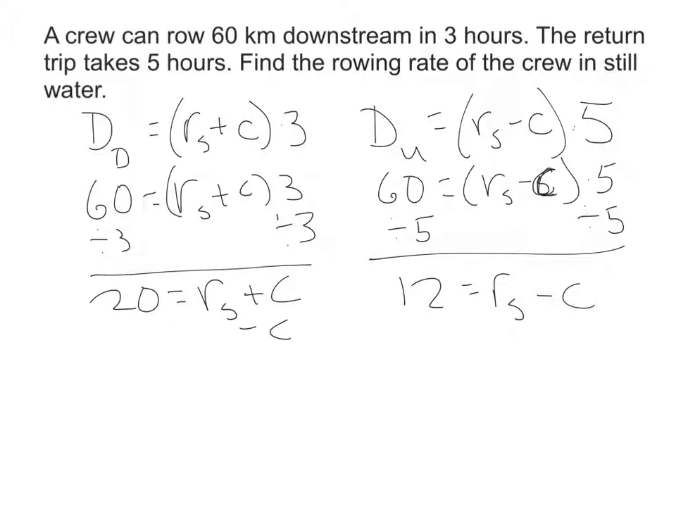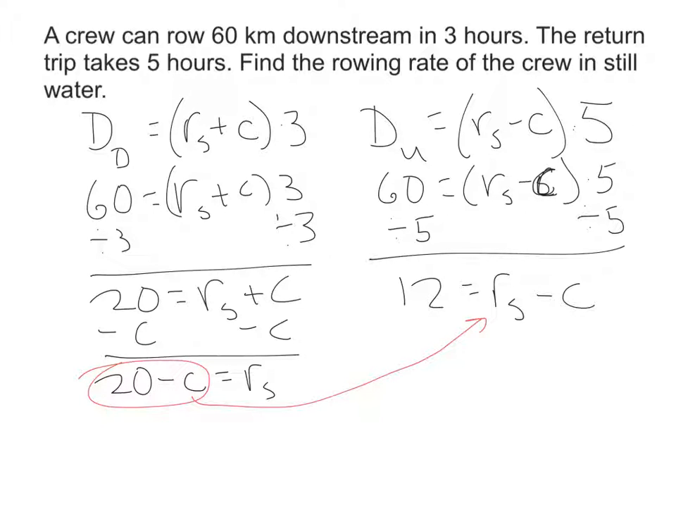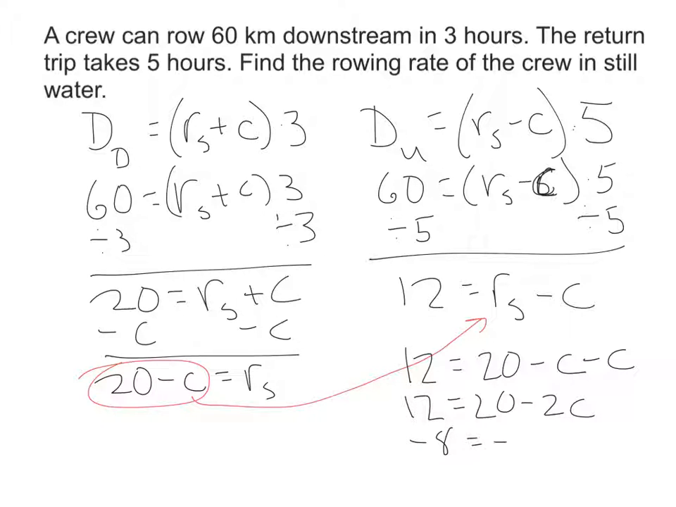If we subtract c from both sides, we're going to get 20 minus c equals r sub s. And then we can simply plug that in over here for r sub s. And we're going to get 12 equals 20 minus c minus c. Now that's going to be fairly easy to solve. That's 12 equals 20 minus 2c. Subtract 20 from each side, we're going to get negative 8 equals negative 2c, and therefore c equals,